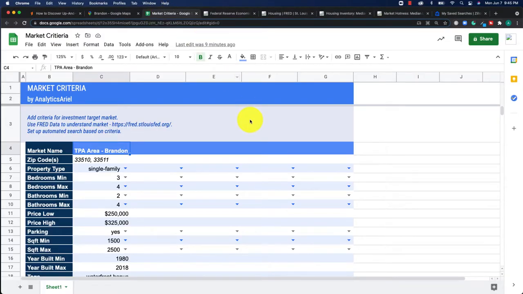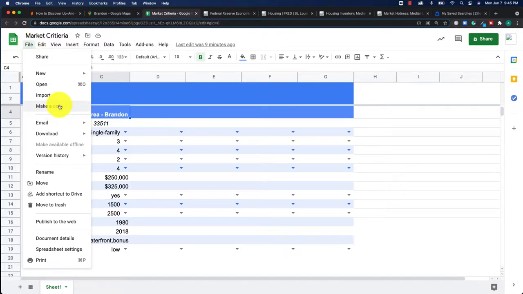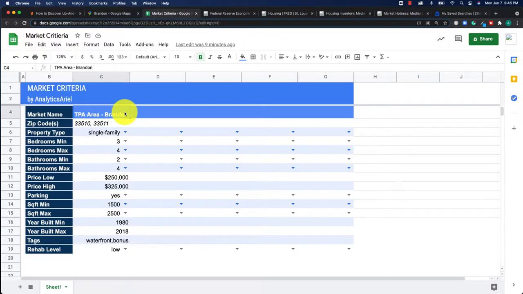my focus market. So what you can do is just file and make a copy of this so you have it on your own. Even though I highly suggest to focus in on maybe one or two markets at a time, it is useful, say, if you're working with different investors in different markets, to have everything at least in one spot so you don't get confused.